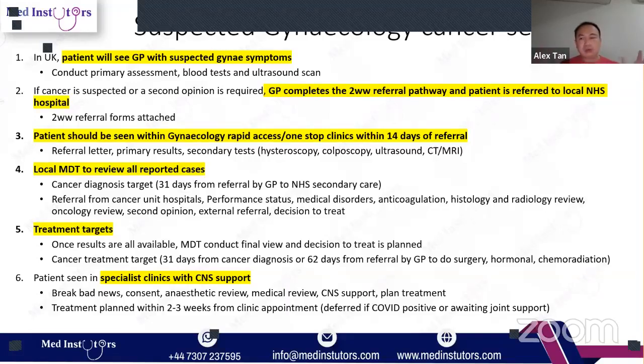Okay, so the MDT, as you may or may not know, works by breaking down and triaging them. Is it a question of cancer? Is it a benign case? Is it treatable? And is the patient fit? And how can we treat them?